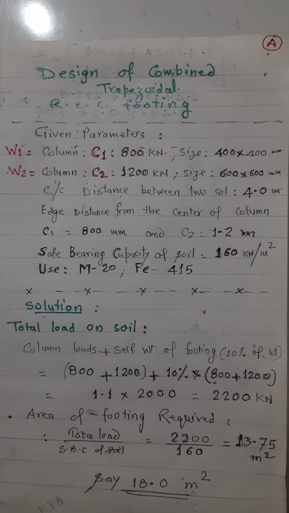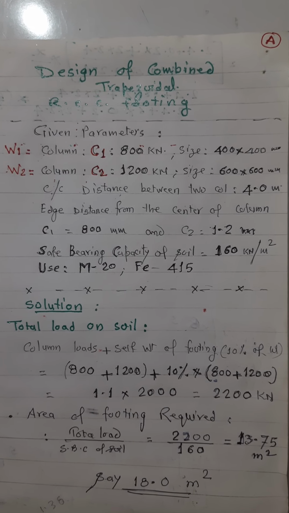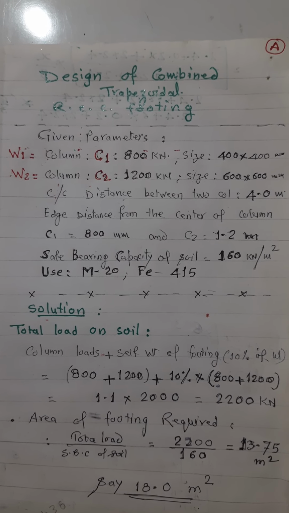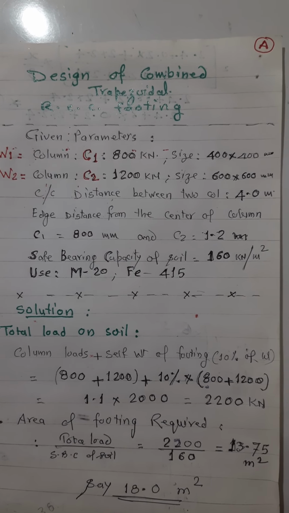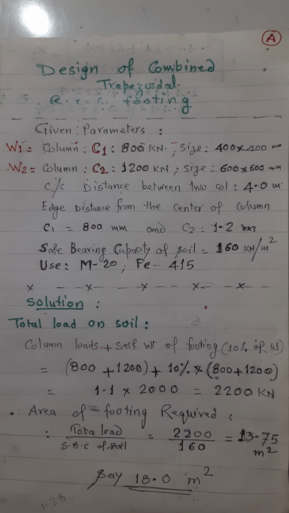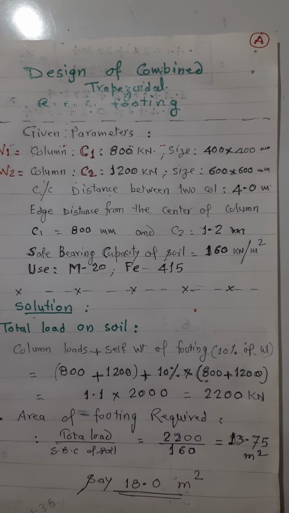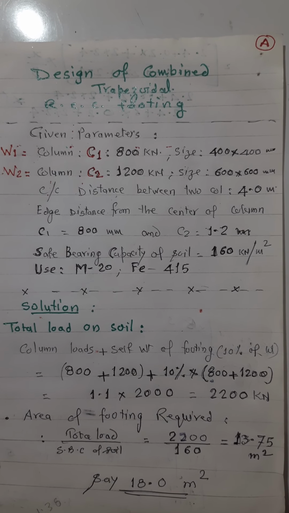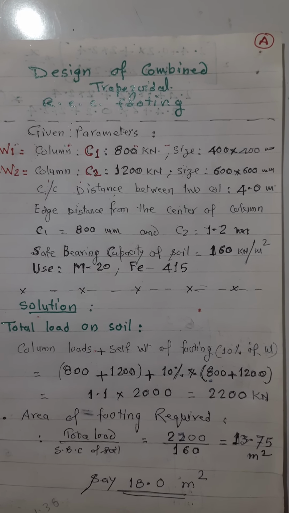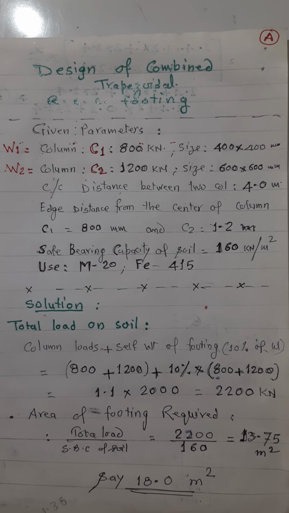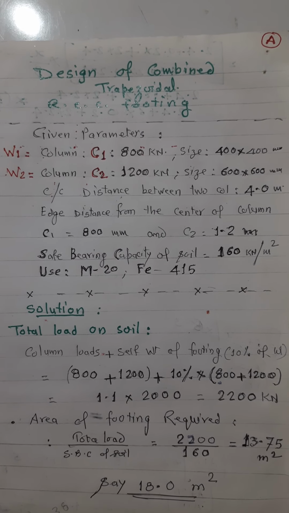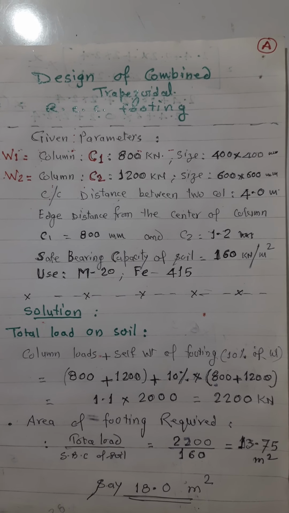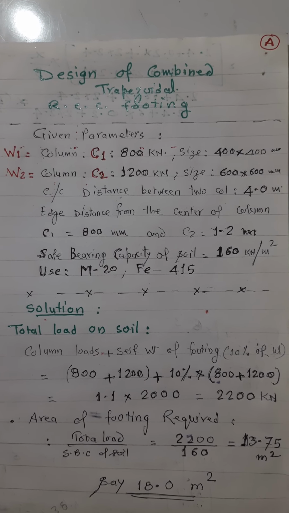Today we are going to design a combined trapezoidal RCC footing. Here two columns are given. I can call them C1 and C2, with sizes of 400 by 400 and 600 by 600, having the load coming on the columns as